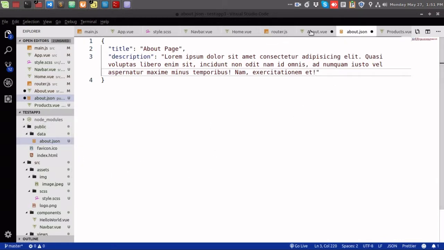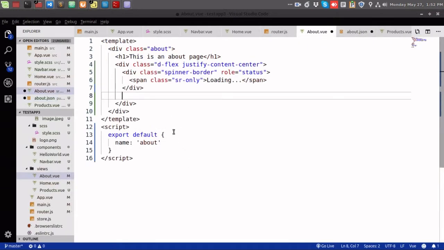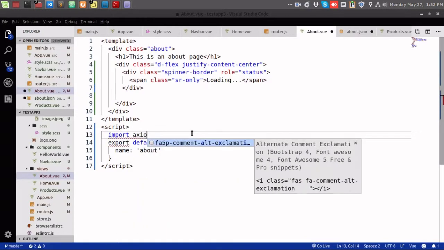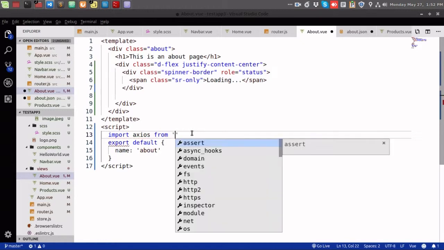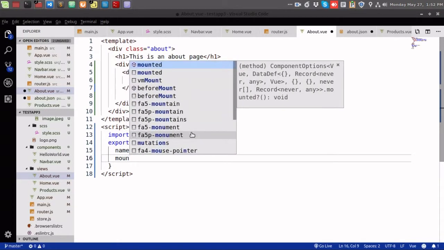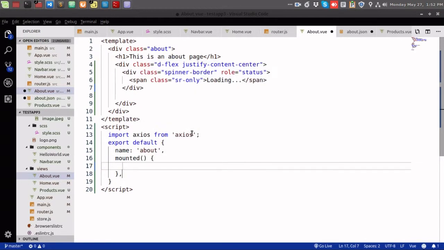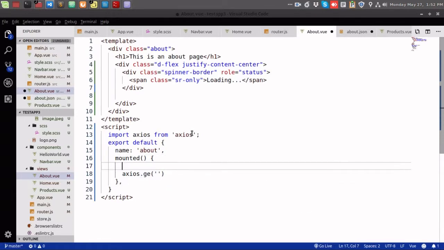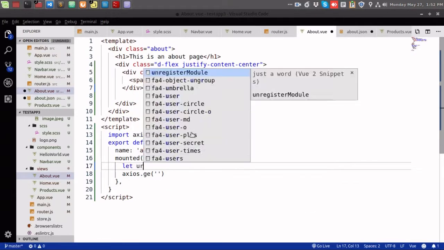So how can I use this JSON file? First I have to use the import. I have to import axios from axios. Okay, so now in the mounted section, use axios dot get request to a URL. The URL will be